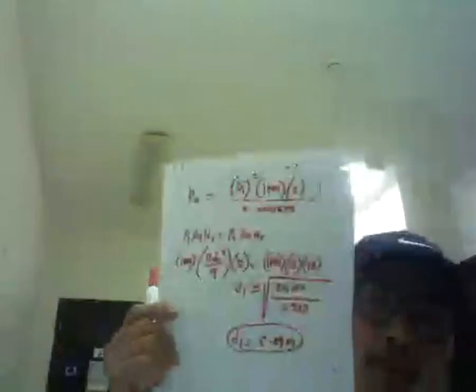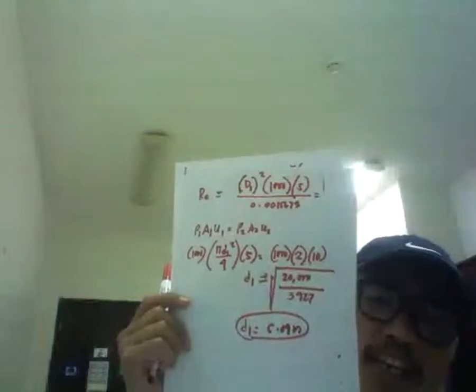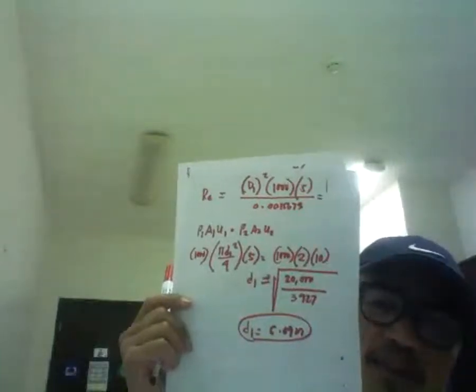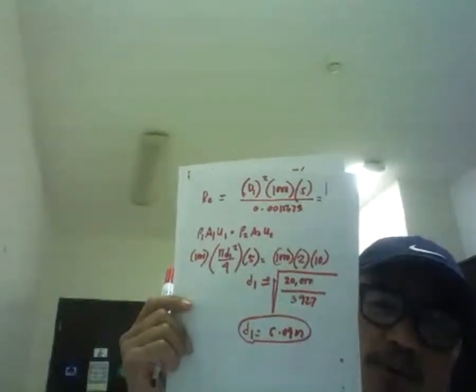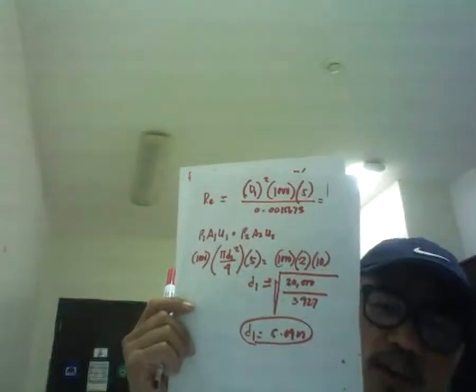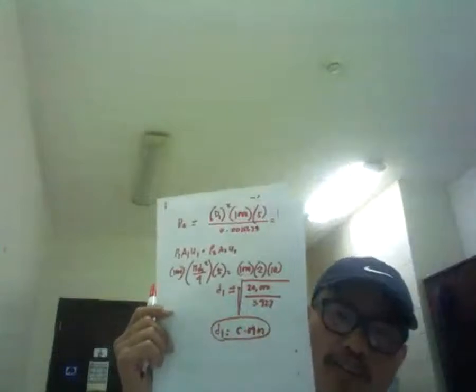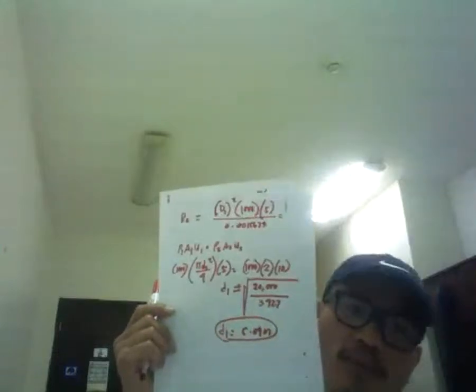Okay, mass flow rate. We can compute for the density 1 through the mass flow rate: density 1, A1, U1 equals density 2, A2, U2. You can compute for diameter 1, and later for diameter 2. So we need D1 substituted here: 5.09 raised to the power 2, times 1,000, times 5, divided by